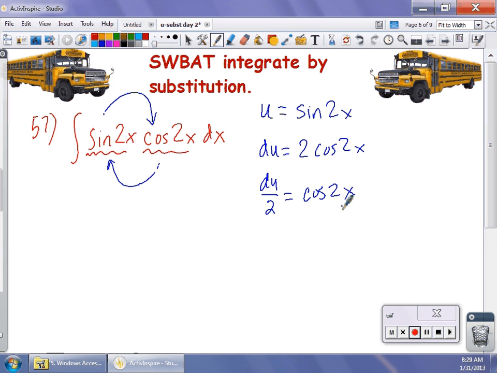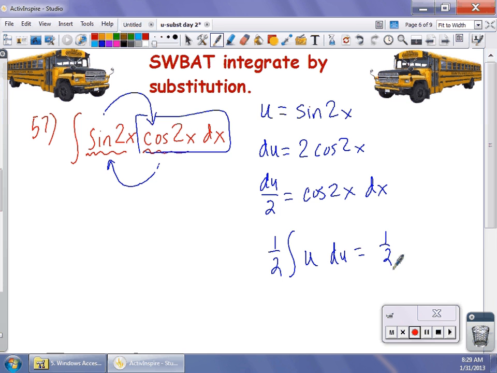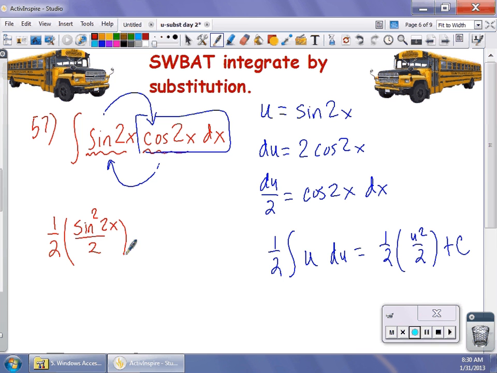Then I'm going to make my replacement, so I'll have a 1/2 out front. In place of sine 2x, I'm going to have a u. Whoops, I forgot my dx. In place of cosine 2x dx, I'm going to substitute my 1/2 du. I'm going to find the antiderivative, so I get u squared over 2. I'm going to make my replacement back, so in place of u, I'll have sine 2x, so I'll have sine squared 2x over 2, which cleans up to be sine squared 2x over 4